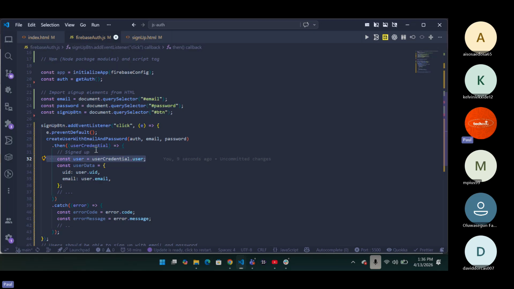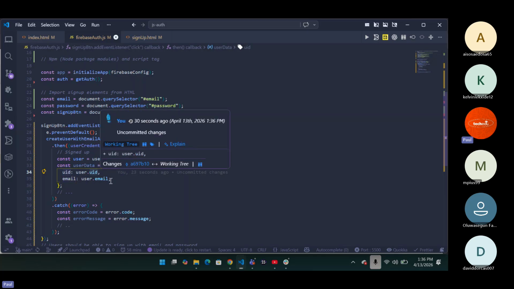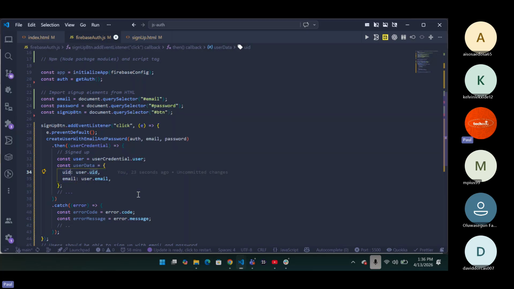Create this particular parameter, user credential, to be able to get user details. Now we have stored user credential to the value of user. So now what we have to do is say, okay, for the UID, we have the user credential dot UID. Then also for the email, the user credential dot email, so that we can easily store all of these user details. Do you understand it now? That's exactly why we are using